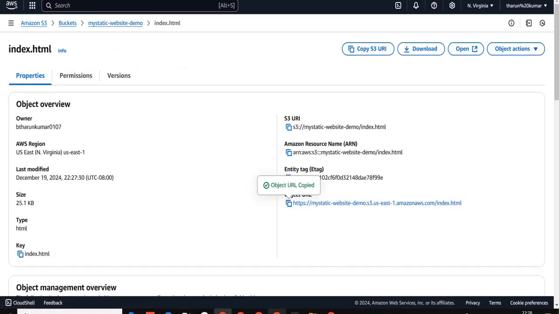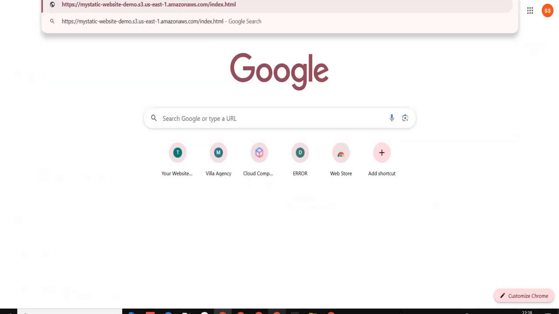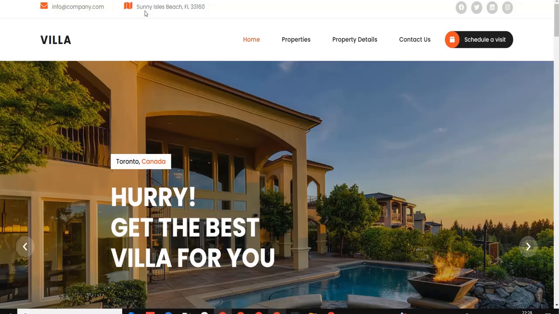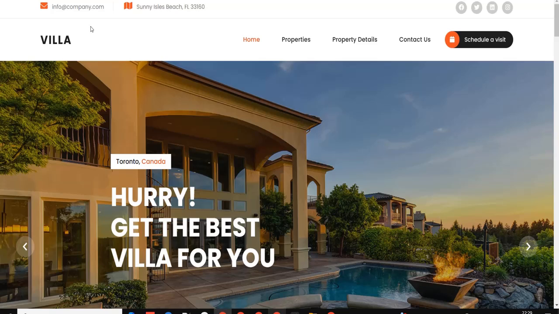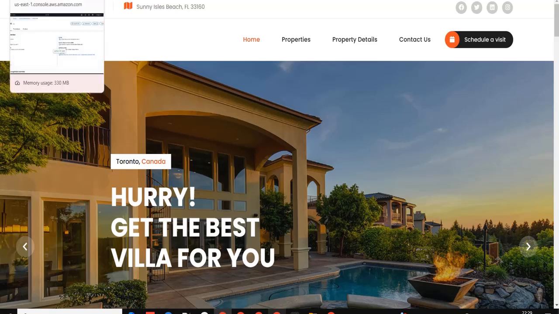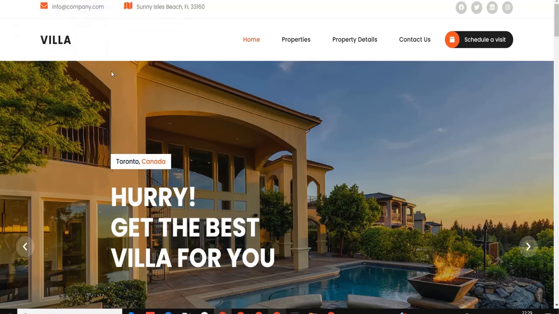If you copy and paste it in the browser, you can see our website is hosted successfully. So we can access this website by uploading it to an S3 bucket.